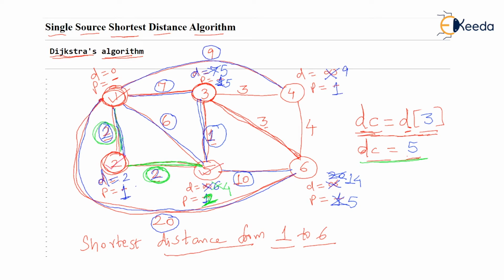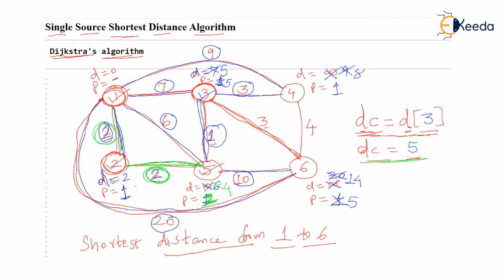So to any adjacent vertex now of 3, when you process third vertex, whenever you have a distance to the adjacent vertex, you should add DC part and then you should compare the distance. Let's see. Let's process third vertex. We are ticking it to indicate we are processing it. There are 2 adjacent neighbors that we can now consider. 4, because 4 is not visited, and the distance is 3, isn't it? So 3 plus 5, because DC is 5, is 8. So you can check that fourth vertex is at 9 distance.